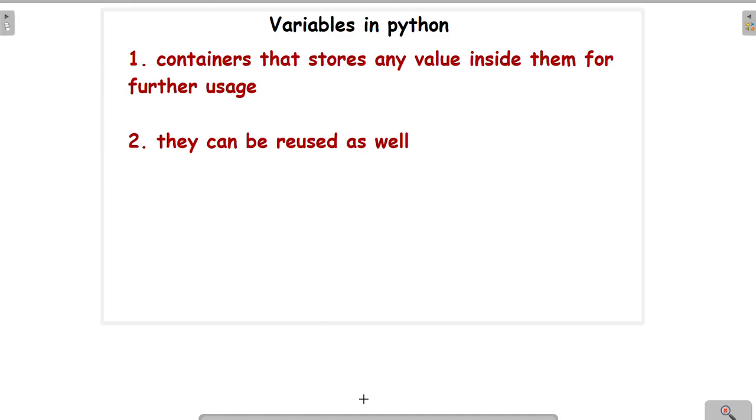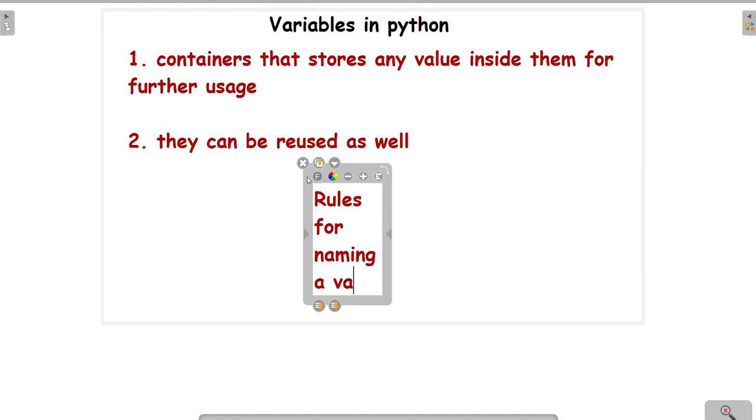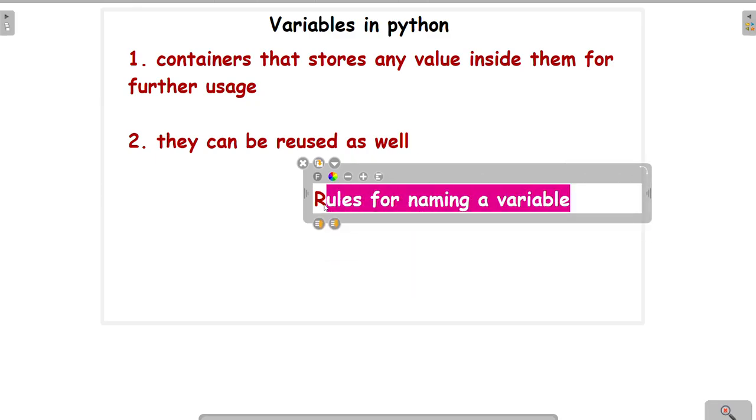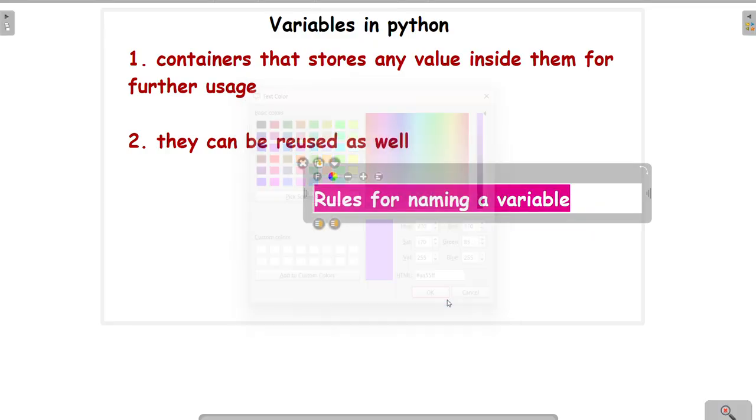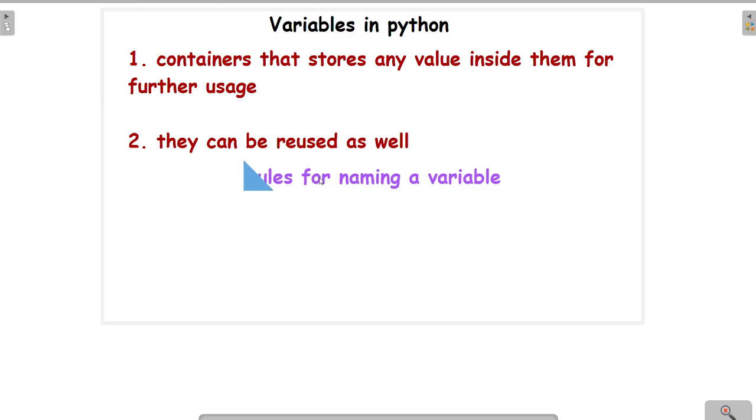Okay, now coming to just like human is also having the rules for the name, then why not variables? So in the next part, what we are going to discuss is rules for naming a variable. Okay, what are the rules that are supposed to be used to name a variable? Okay, fine, we are going to learn about them. Now see, what are the rules? First of all, we will be doing it in the partition, like what are the do's and don'ts that you are supposed to keep in mind for naming a variable.